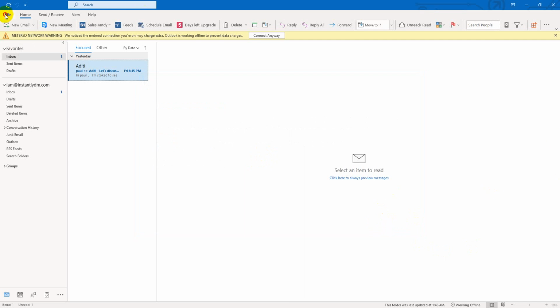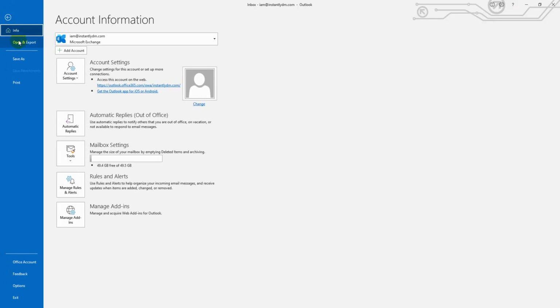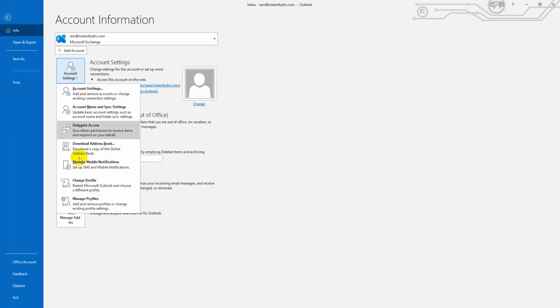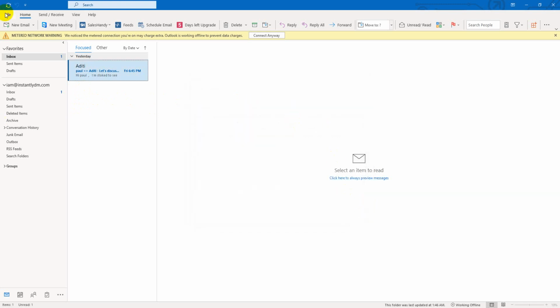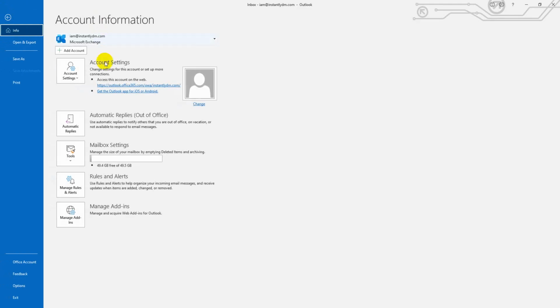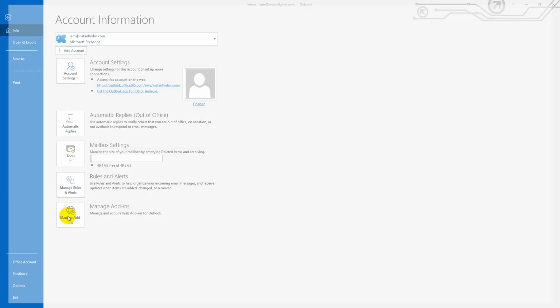Then click file, then account setting, then click file, then manage, then click manage add-in.